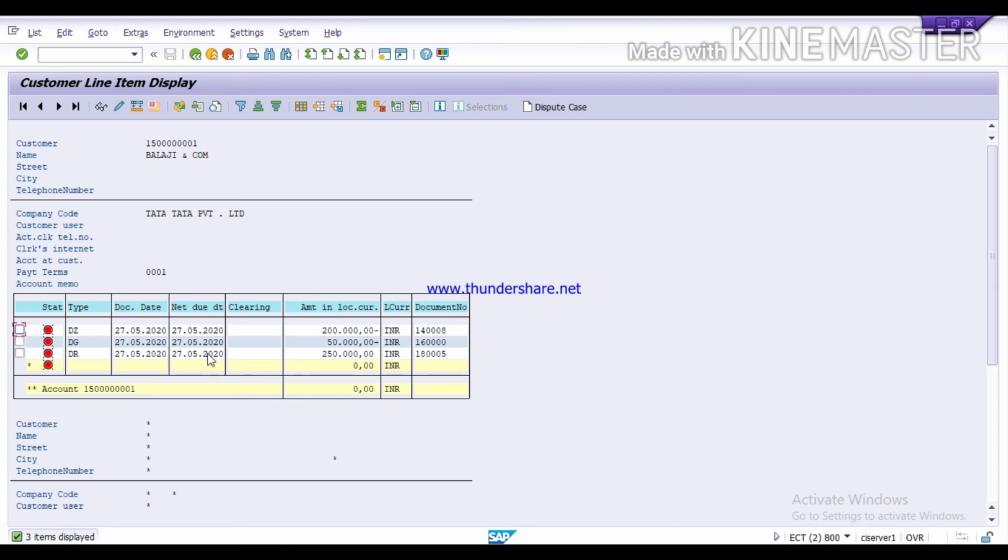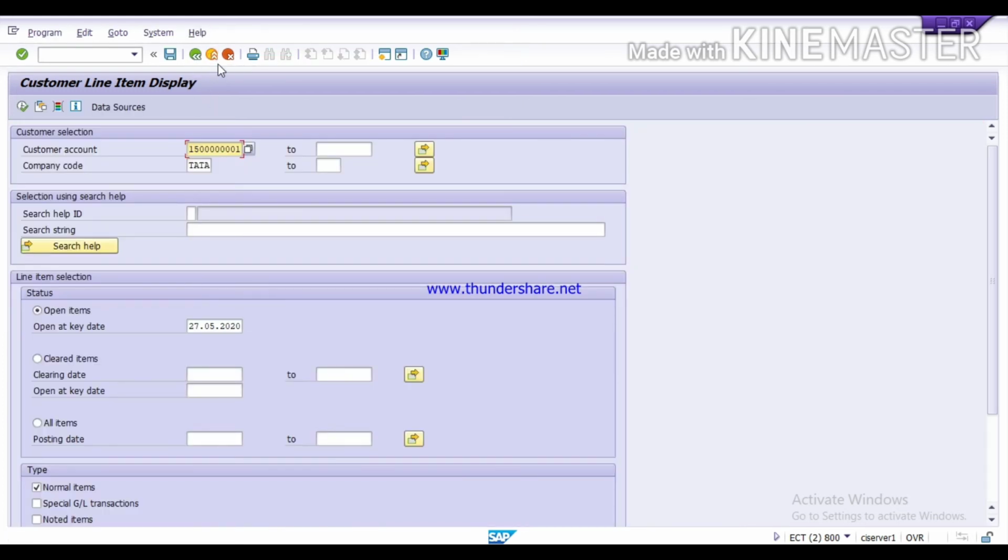It has not cleared. See, total invoice is 2,50,000. Sales return is 50,000 and incoming payment is 2 lakh rupees, but it is not cleared yet. Now the thing is how to clear this customer.